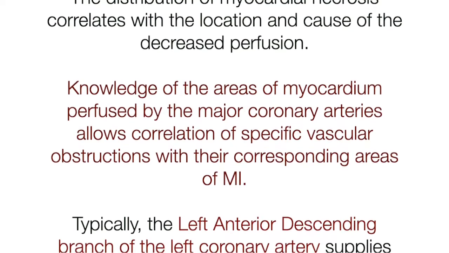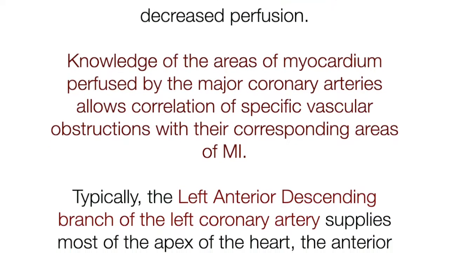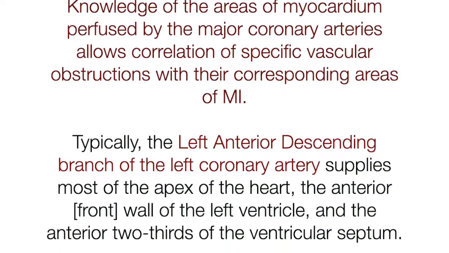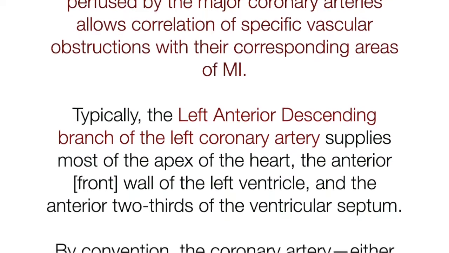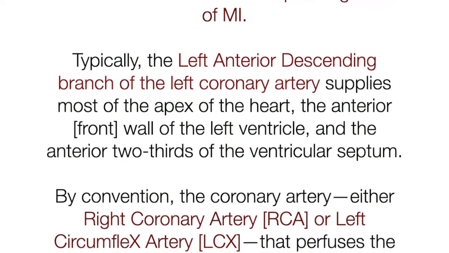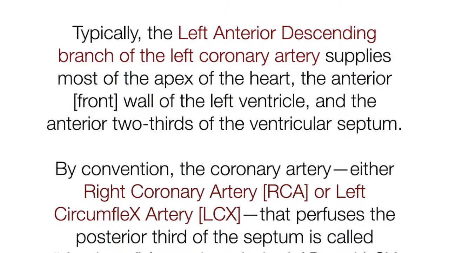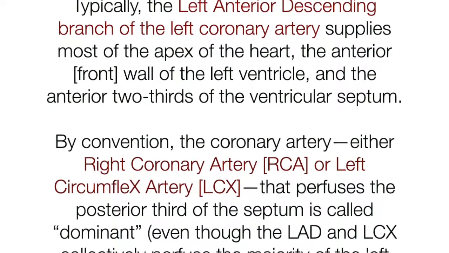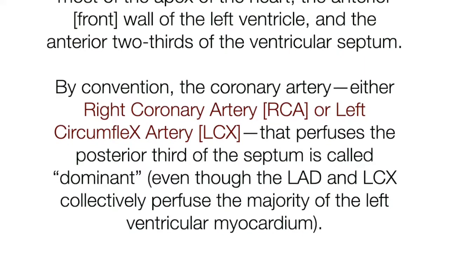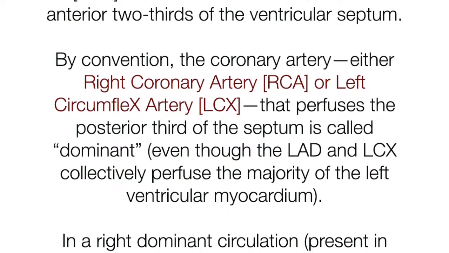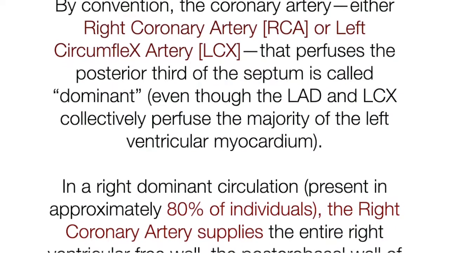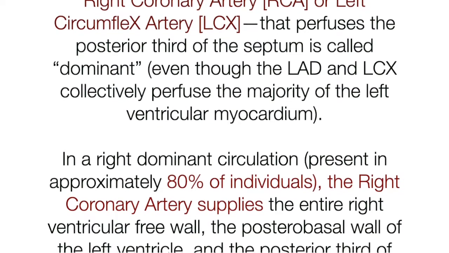Typically, the left anterior descending branch of the left coronary artery supplies most of the apex of the heart, the anterior, that is front wall of the left ventricle, and the anterior two-thirds of the ventricular septum. By convention, the coronary artery, either right coronary artery RCA or left circumflex artery LCX, that perfuses the posterior third of the septum is called dominant, even though the LAD and LCX collectively perfuse the majority of the left ventricular